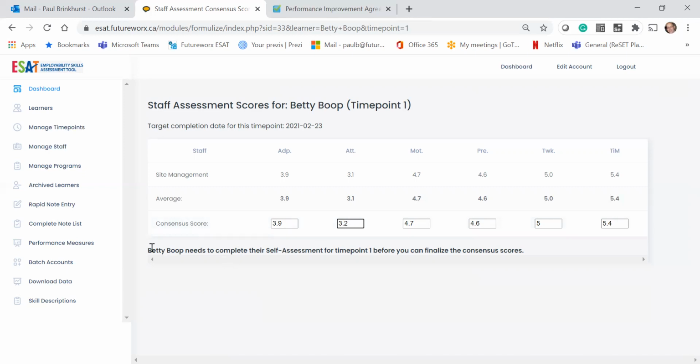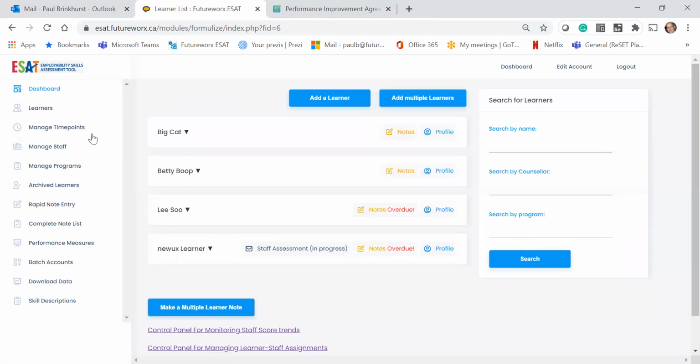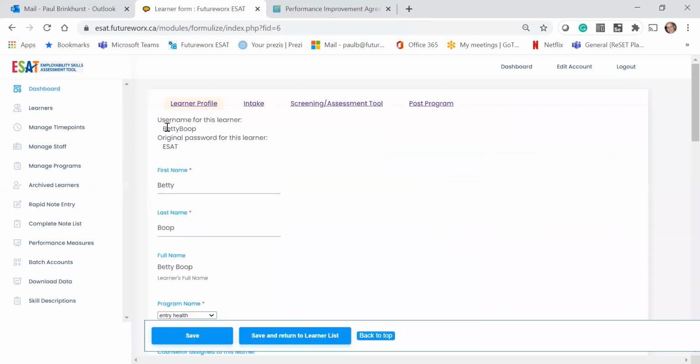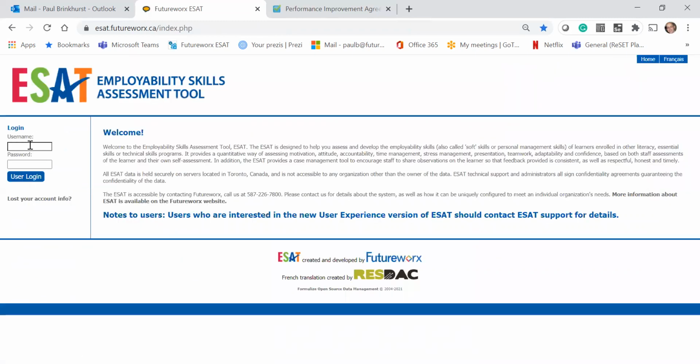You'll notice here it says Betty Boop needs to complete their self-assessment before I can finalize these scores. So let's have a look at the self-assessment that Betty Boop's going to do. In order to do that, I just need to remind myself of the password for Betty. So I'm going to go to her profile. And I can see the username is Betty Boop and the password is ESAT. So if I log out, and we log in now as Betty,